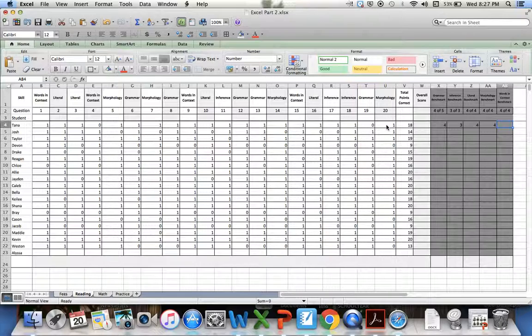And then let's do words in context. And way down right there. So I'm going to hit enter. So now each one of these is going to show you the total for the individual cells that we just added together. If I wanted to make sure, I could look up here and go find G4,